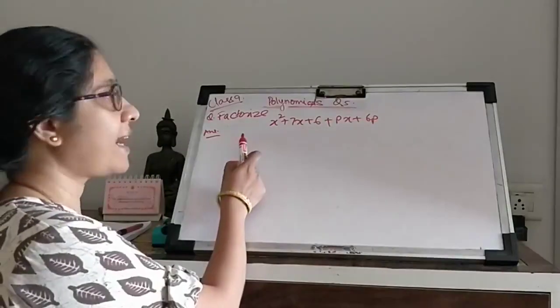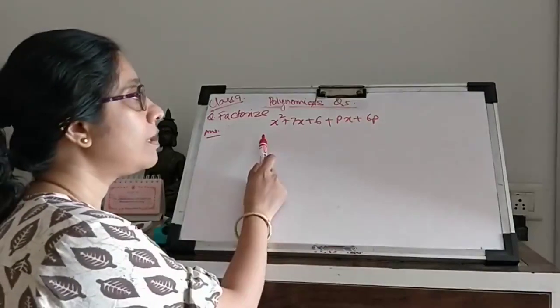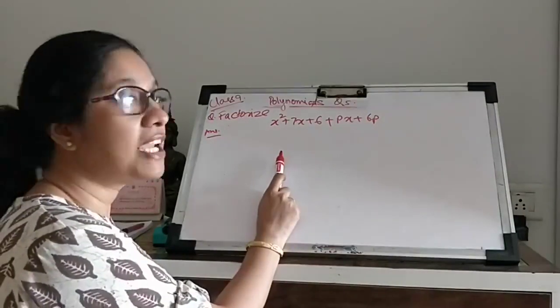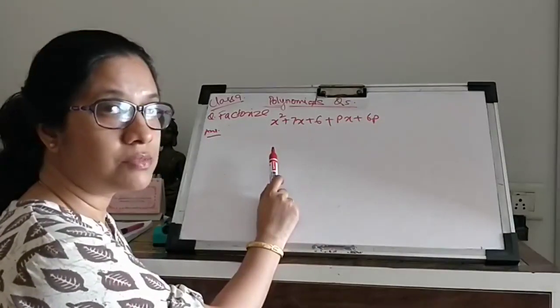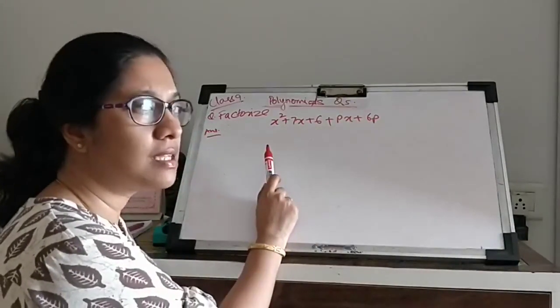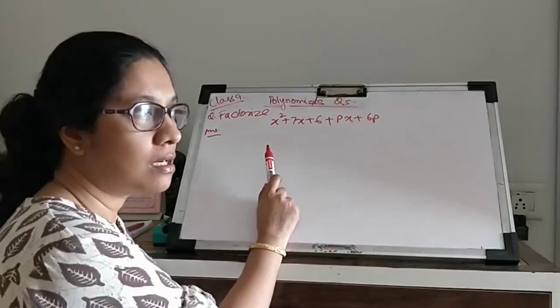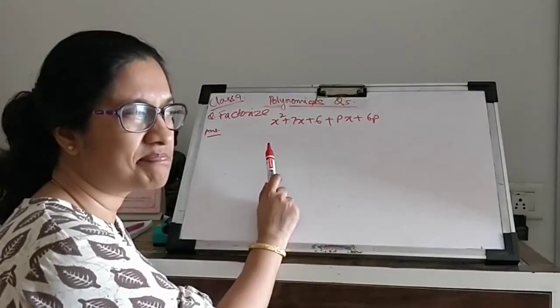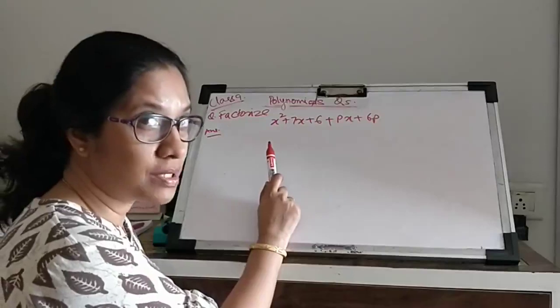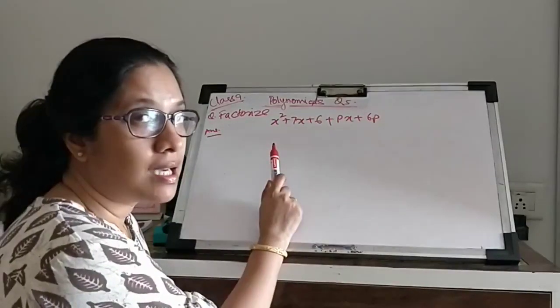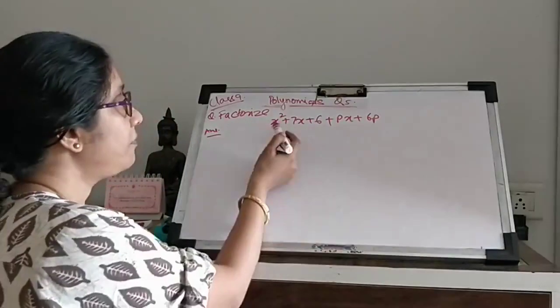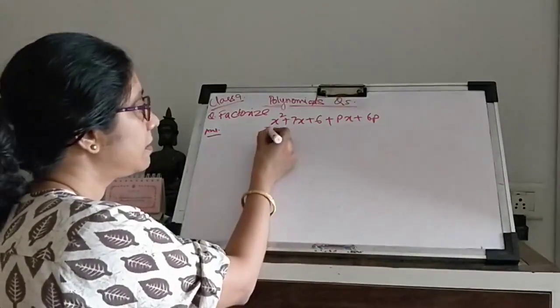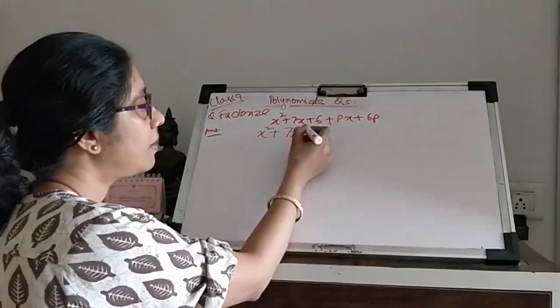So now we need to factorize a polynomial in which there are 5 terms. Remember, when the number of terms goes on increasing, it becomes a little complicated. Not really complicated, time consuming. So you have to think what is the best way to do it in the fastest manner. Now we have a 5-term polynomial here.